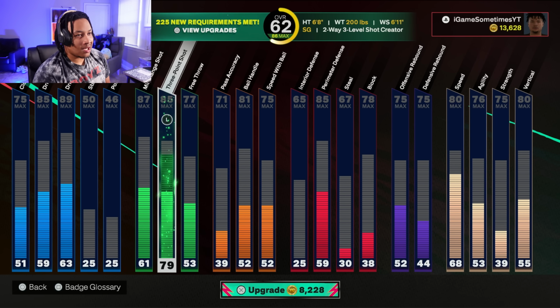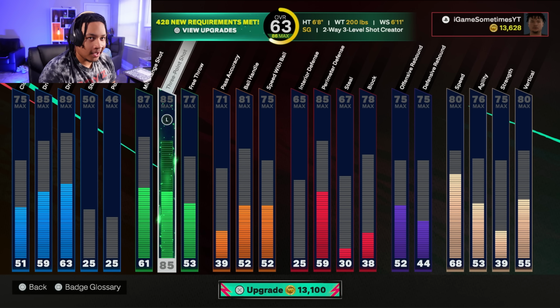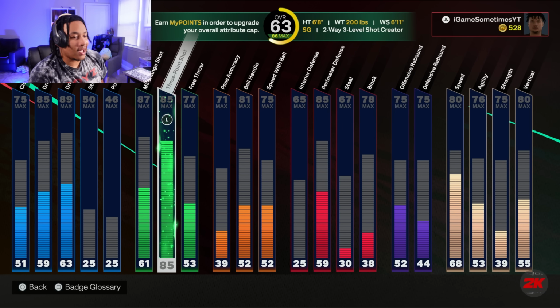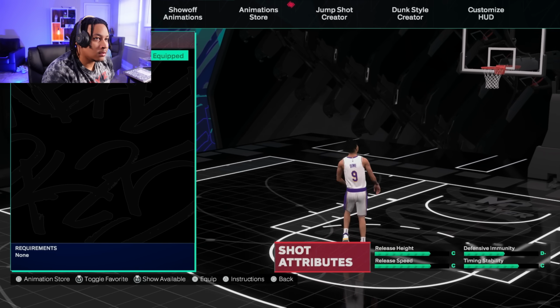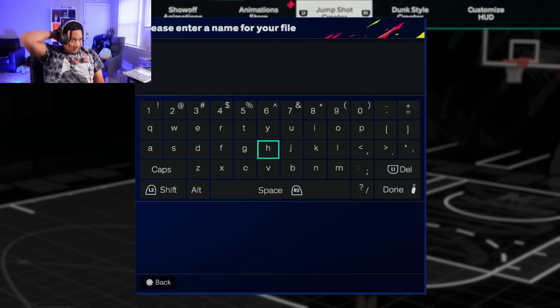I've been trying to go through and figure out what is the best thing for me to upgrade first, but the first upgrade of this series is going to be maxing out my 3-pointer to 85. That is 13,000 down the drain right now, and we are currently a 63 overall. After my newfound 3-pointer, it's time to start labbing my jump shot. Now I would show you guys what I came up with, but not until I can prove this jump shot